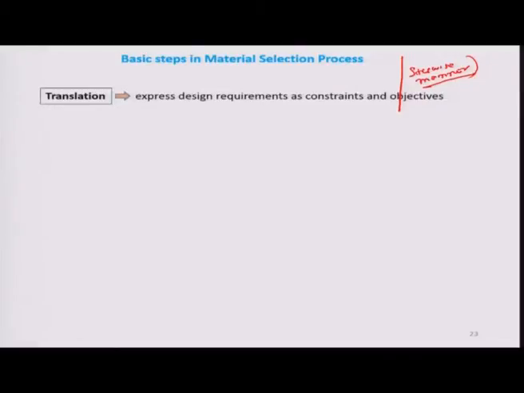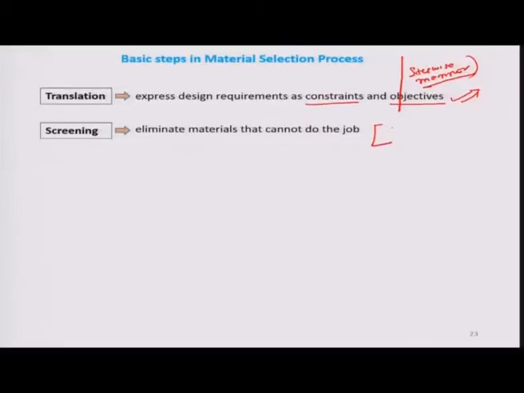Translation is to express design requirements as constraints and objectives. It means first you will have to define the function and objective of your design, that is the translation. Second step is screening. Because you have a variety of materials in your stock, you eliminate materials that can't do the job.